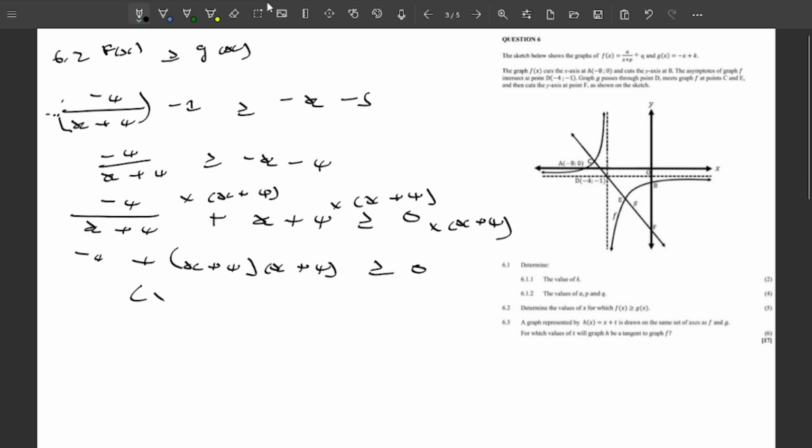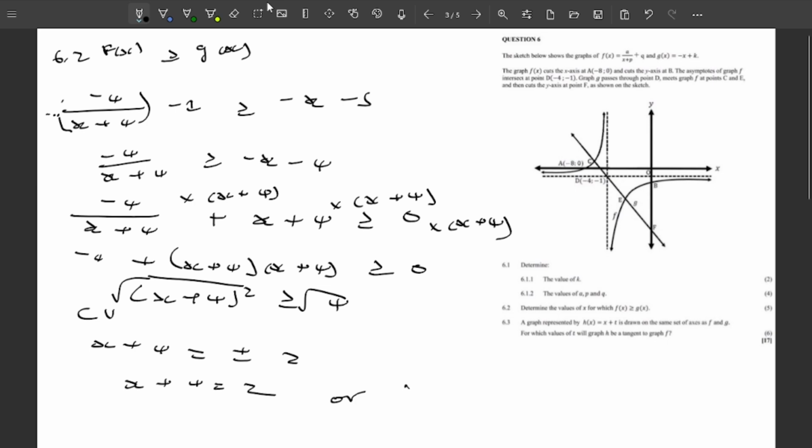Obviously I can just say (x + 4)². Take this one to the other side, it's going to be positive 4, right? From here on, in order for me to solve it, I'll square root both sides. I'm going to have x + 4 equals plus or minus 2, which you can make separate and say like this,